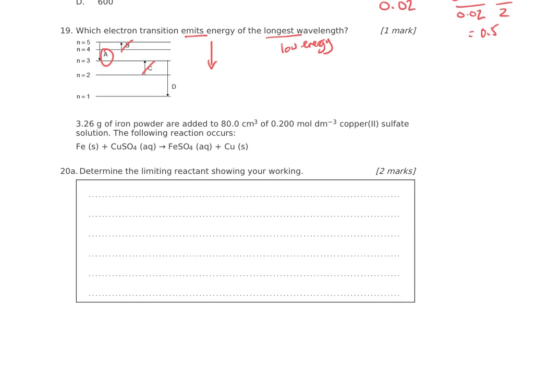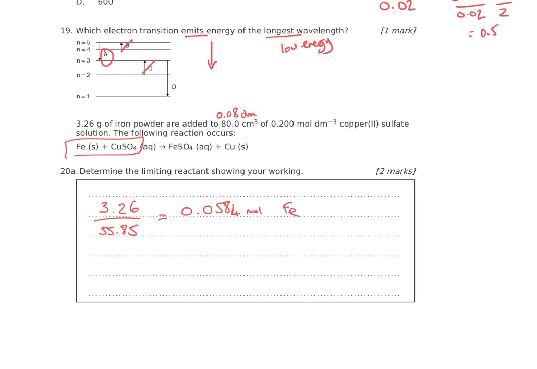3.26 grams of iron powder react with copper sulfate to determine the limiting reaction. So it should be a 1-to-1 ratio, so it should be not too bad to work out. So 3.26 over, and remember I'm using my 2 decimal place, 55.85 is going to be 0.0584 moles of Fe. Now I'm going to do concentration times the volume of this one, so this is going to be